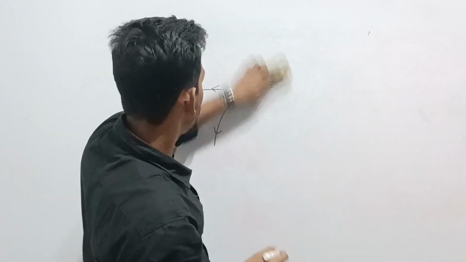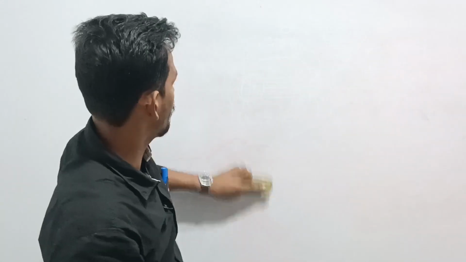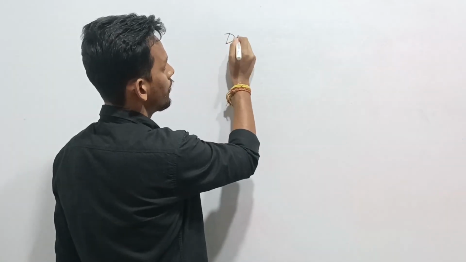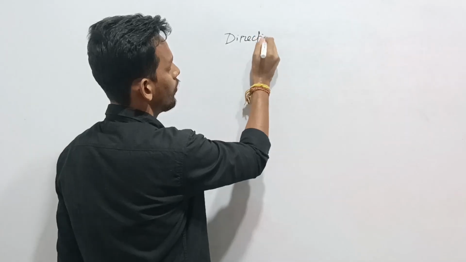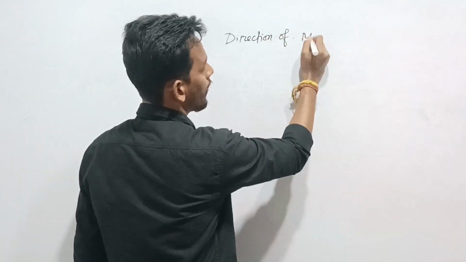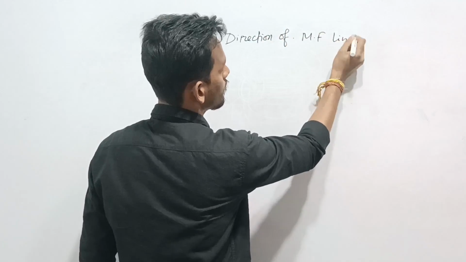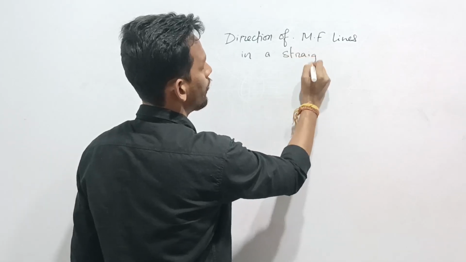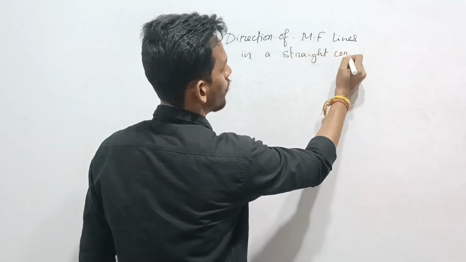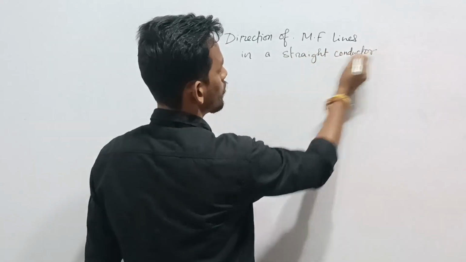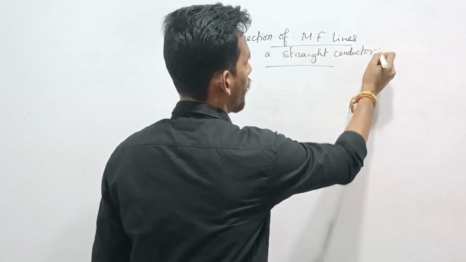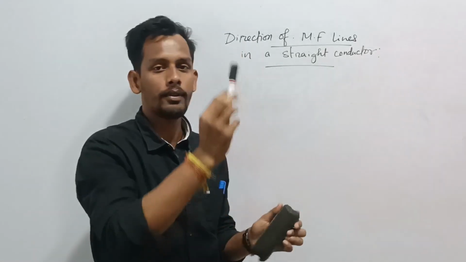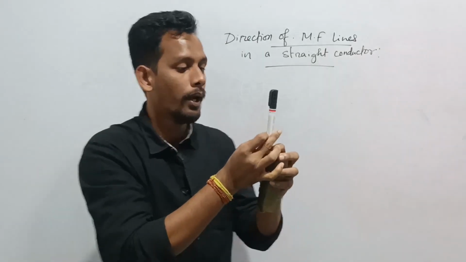Next, we will see the direction of magnetic field lines in a straight conductor. Straight conductor. Okay. Suppose this is the conductor. Okay. Now,